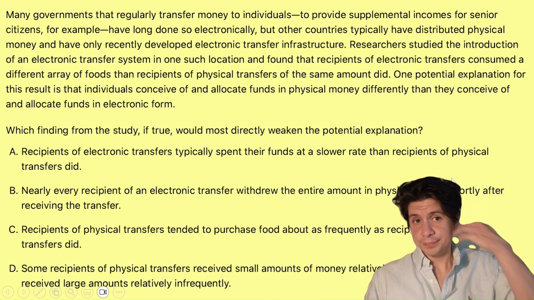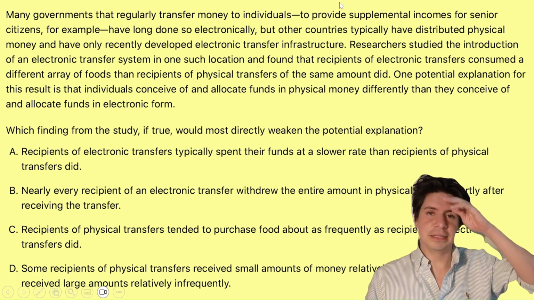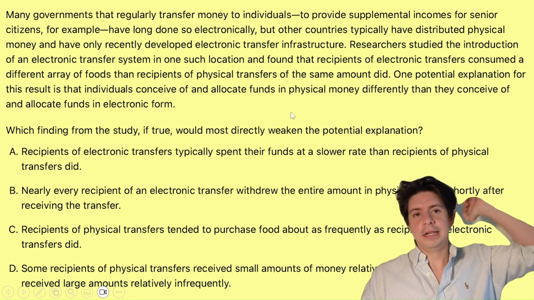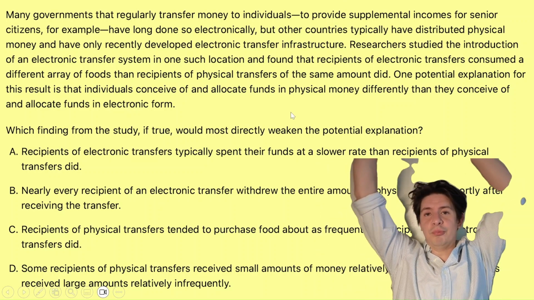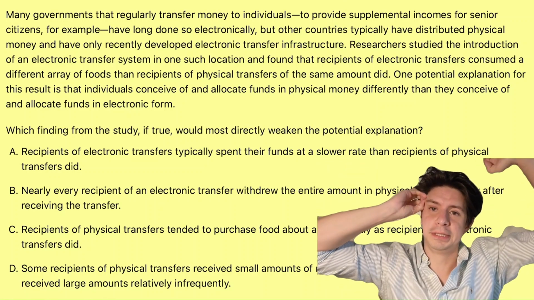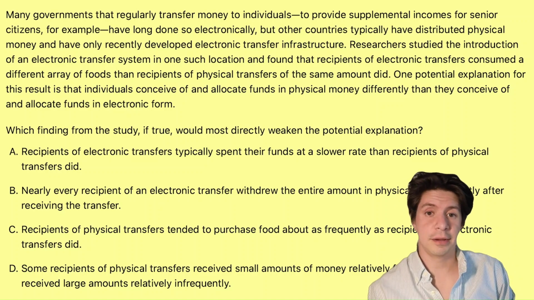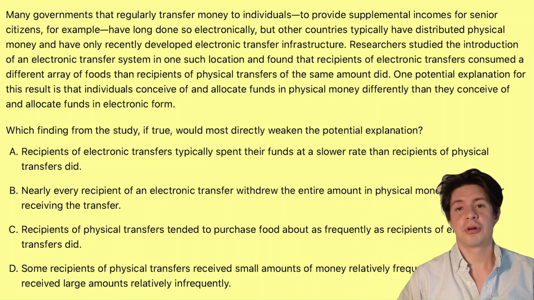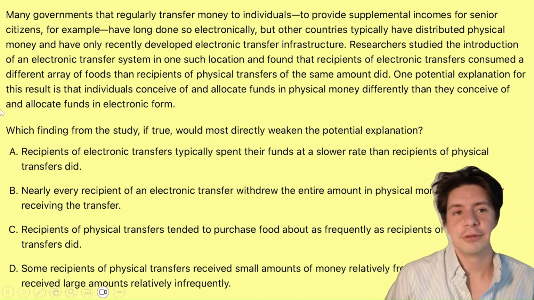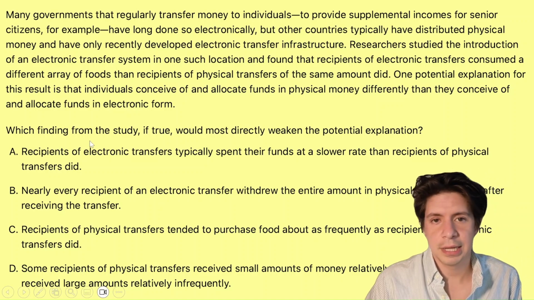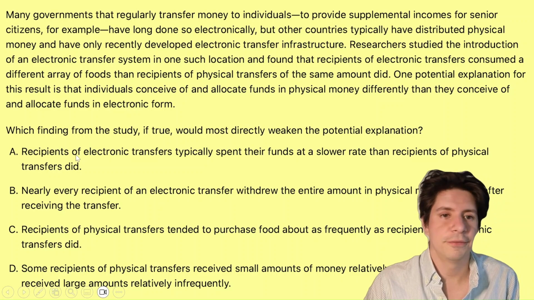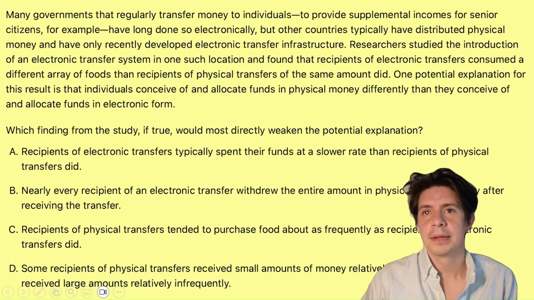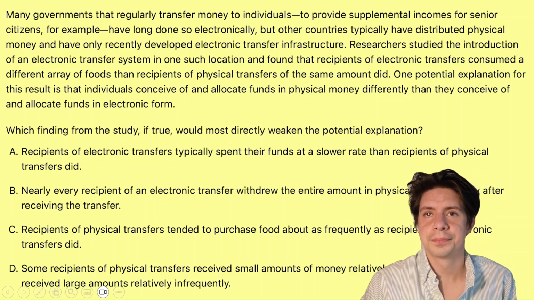So looking at this one here, there's a passage, and then the question is which finding from the study, if true, would most directly weaken the potential explanation. This type of question you get a lot, but often it says most directly support or most strongly support. And if you're just reading it at a glance, you might think, oh, strengthen, and then you find the answer choice that strengthens it. But it's asking to